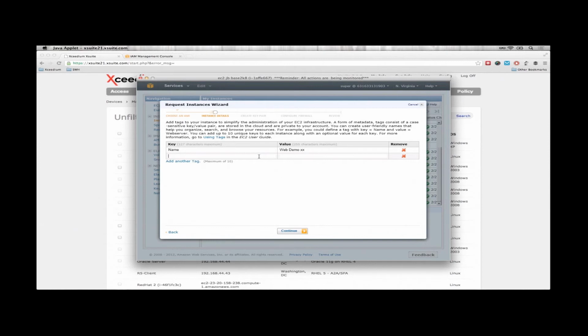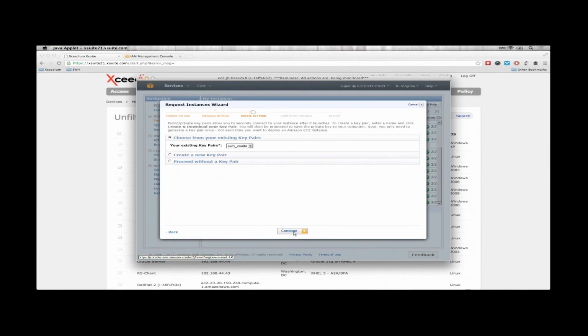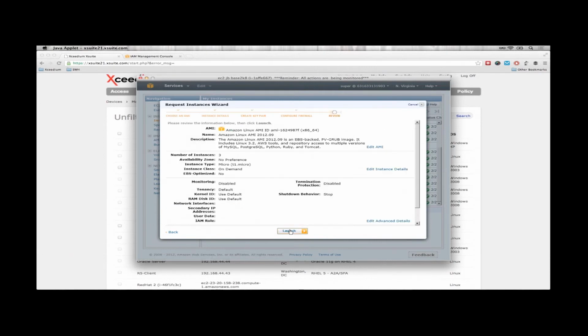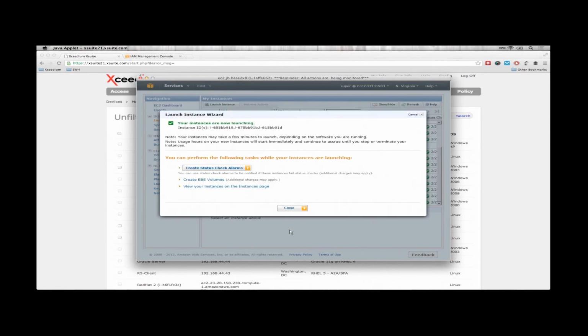But one of the capabilities we have inside of this Xsuite platform is the ability to leverage existing policies and workflows and groups inside of Xsuite. And we do that through the use of tagging. In this particular instance, I have a tag known as Xsuite Groups, and that group tag is actually going to allow me to automatically assign these particular instances that I'm firing up to an existing access policy, with an existing session recording policy, with an existing command filtering policy, all inside of a few mouse clicks. So in this case, I, as an administrator with an administrator privilege, am going to launch these additional instances,